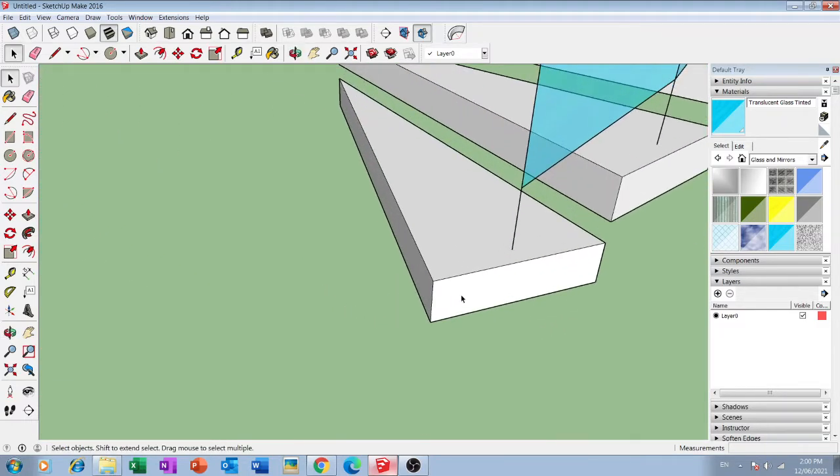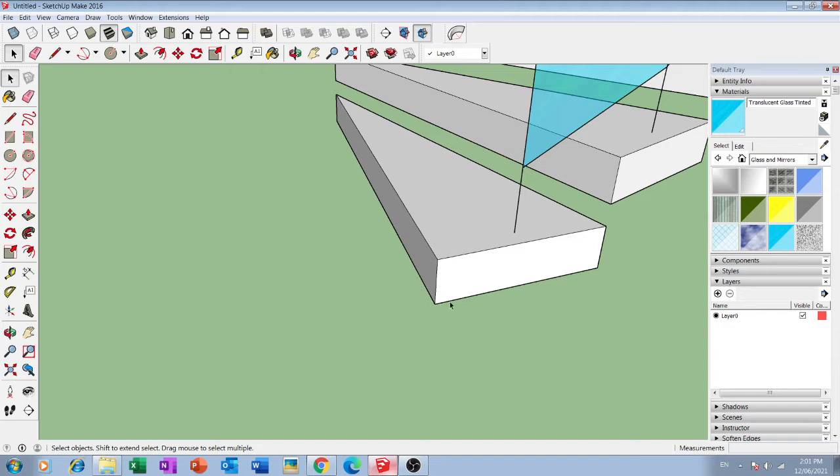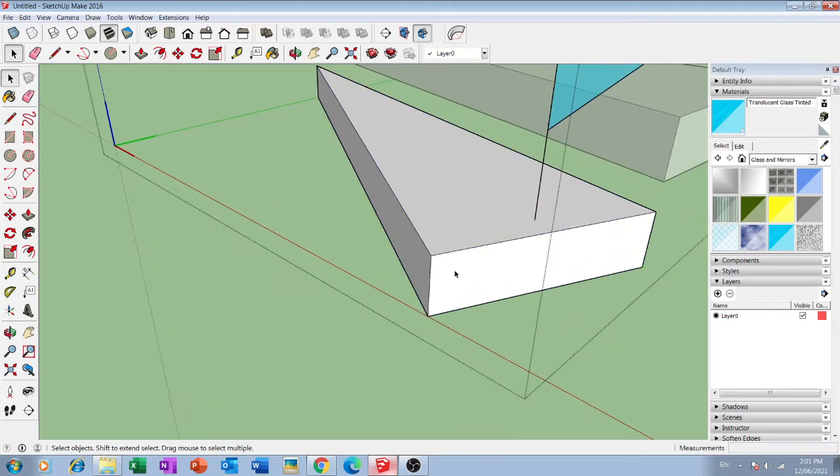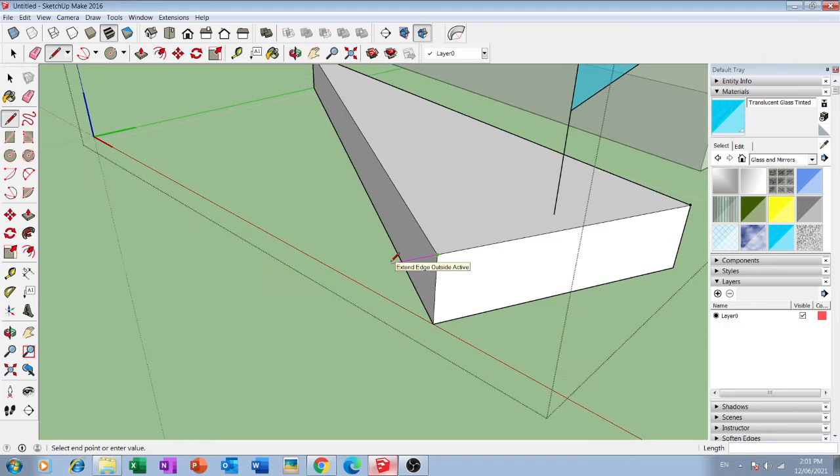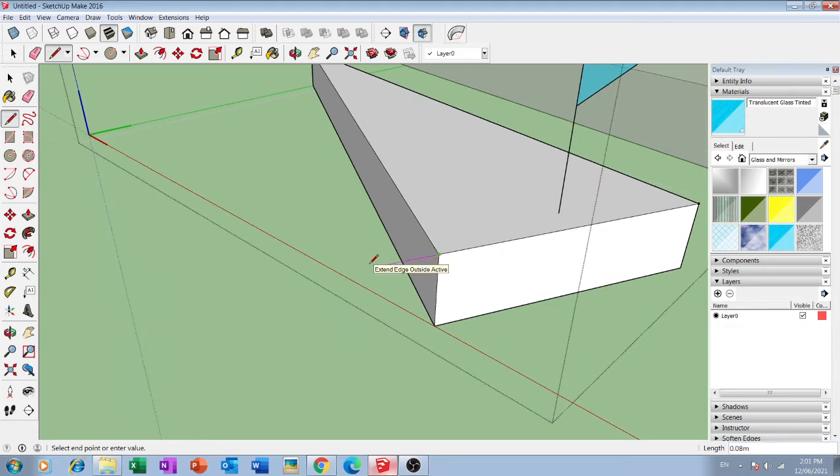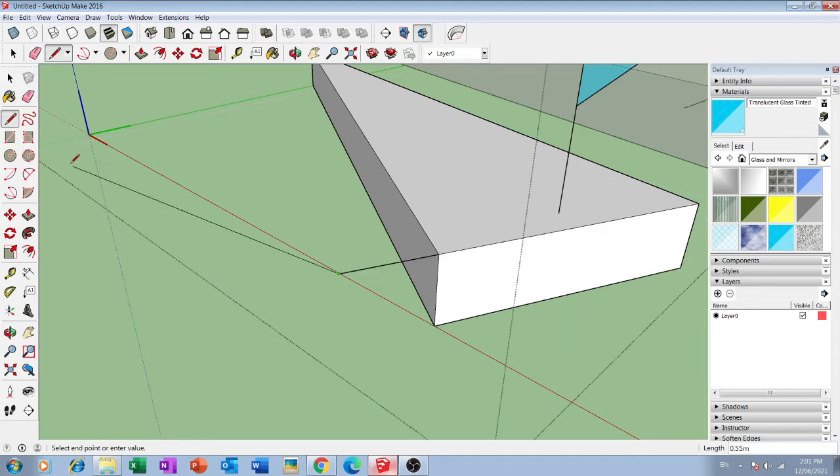Now we need to provide the nosing to this step. Double click on this component, select the line tool, then draw a line exactly parallel to the previous line. It will indicate in a pink color and end it like this. Then select the 2 point arc, mark the first point, mark the second point, track it on this axis and provide a dimension of 0.025, enter.